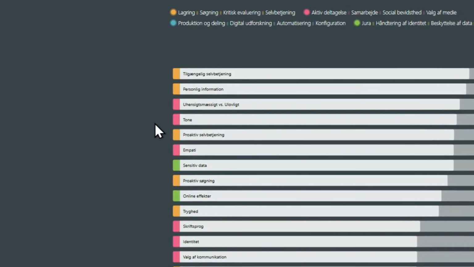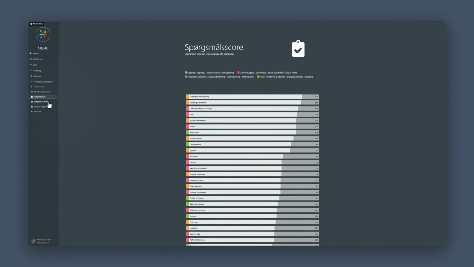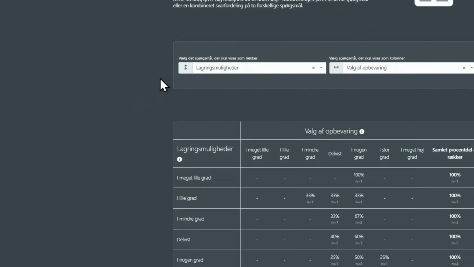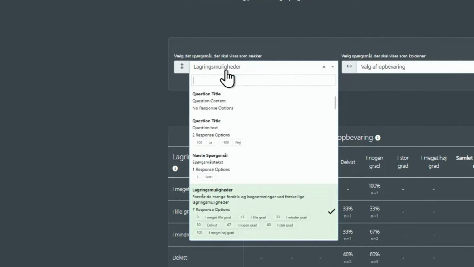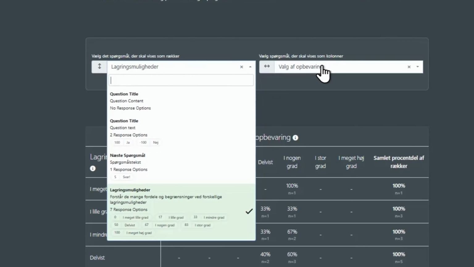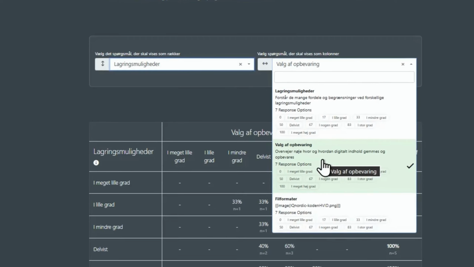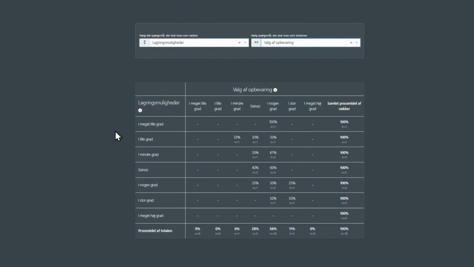Here it is simply the questions that are ranked by competency score, with the top questions on the list having the highest score. Another advanced feature is the pivot table, a tool for examining answer distribution. In the upper left, you can select the field for display in rows, and right next to it, on the right, choose the field for display in columns. Below, in the table itself, the combined answer distributions, percentages, and total number of answers are shown in a clear